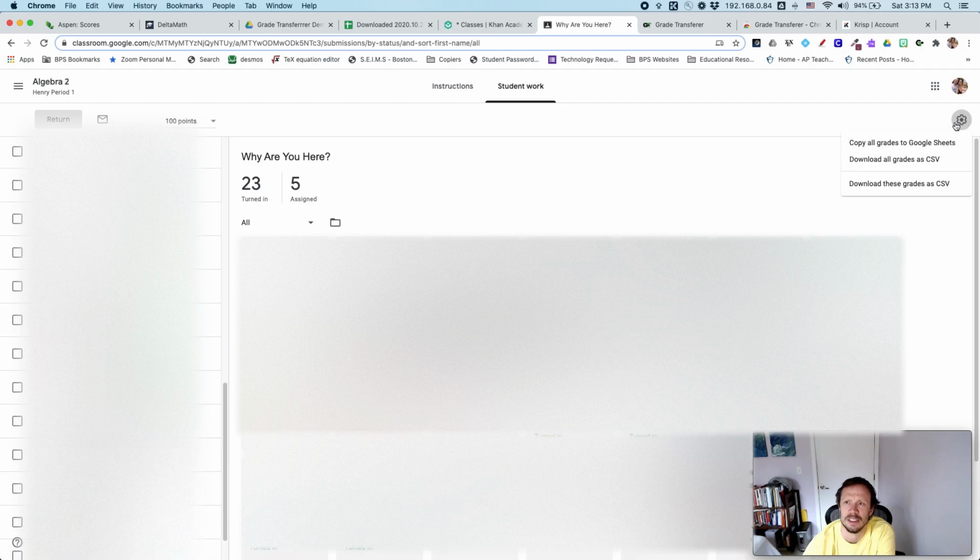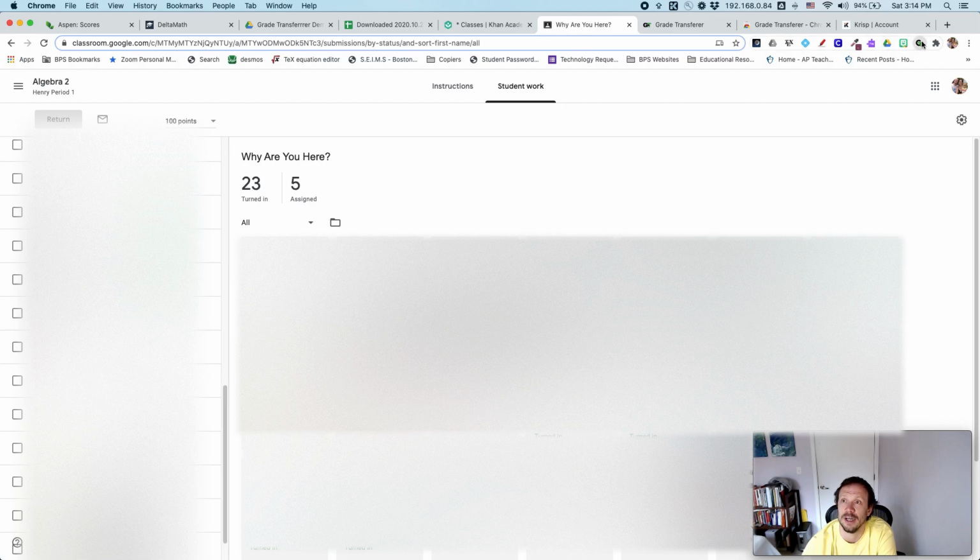So using this, you could download all the grades in a CSV, just like in Khan Academy, but you don't have to. All you have to do is, once you're on this page, you're like, I want to pull this data for all these students and put it into Aspen. You need to be on the individual assignment, right? You need to make sure you have your students here and your grades here. But then all you do is you hit grade transfer